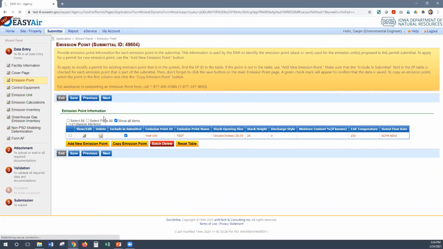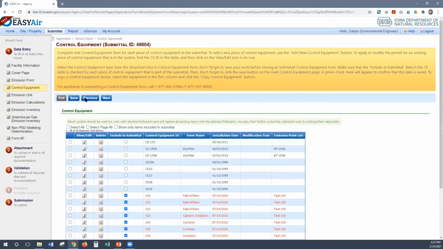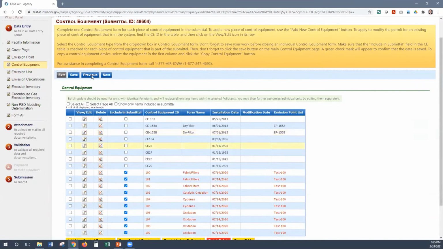So going through, you're going to see that all these buttons in this application are open. You can see that they're blue, which means that you can make any changes to these forms, click next or previous or save to save the forms. If a specific page or form is unavailable for editing, meaning